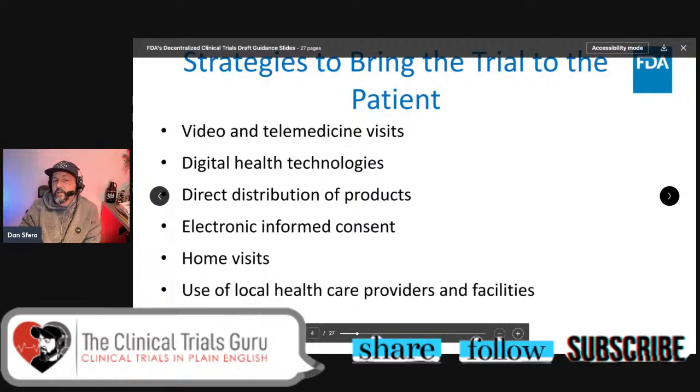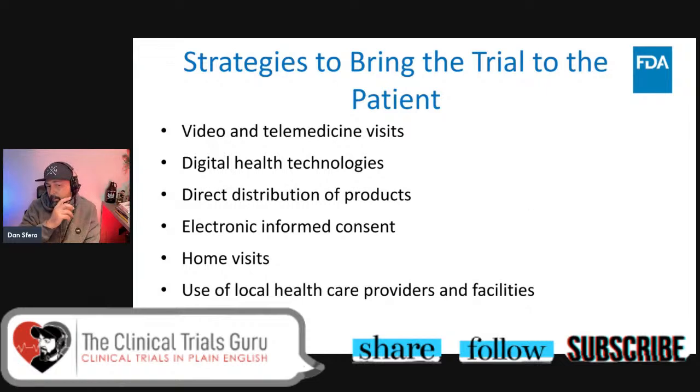It makes life a little easier for us as sites, but some of this stuff can get complicated, especially when you get to this fourth bullet, or what is this? One, two, three, four, five. It doesn't matter. The sixth bullet point: use of local healthcare providers and facilities. This is where it gets tricky to me. And yeah, I haven't seen this before, but